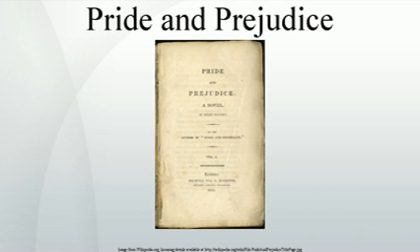As the plot begins, her closest relationships are with her father, her sister, Jane, her aunt, Mrs. Gardiner, and her best friend, Charlotte Lucas. As the story progresses, so does her relationship with Mr. Darcy. The course of Elizabeth and Darcy's relationship is ultimately decided when Darcy overcomes his pride, and Elizabeth overcomes her prejudice, leading them both to surrender to the love they have for each other. She is the third Bennet to marry, first being her younger sister Lydia to Wickham and the second being her older sister Jane to Bingley.